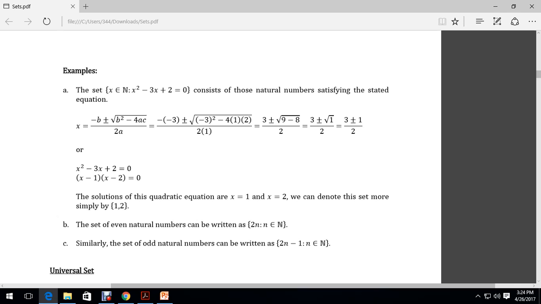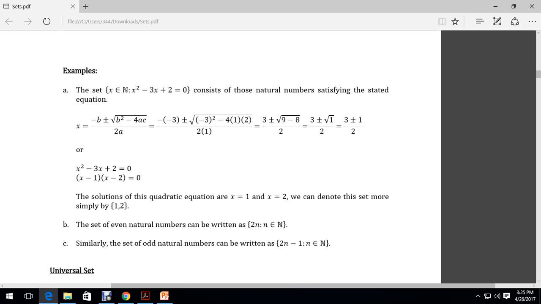In this case, our a is equal to 1, the one that appears beside x squared. The coefficient b is the one that appears beside x. In this case, b is equal to negative 3. And c is the constant coefficient after x squared and x. So in this case, our c is equal to 2.